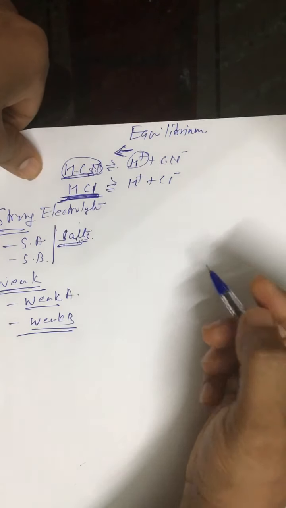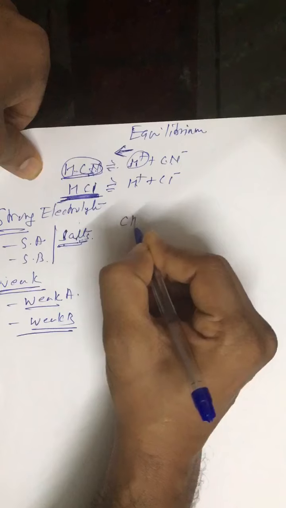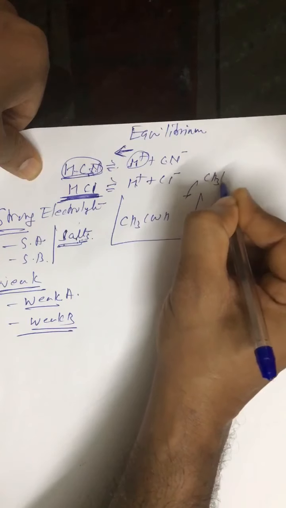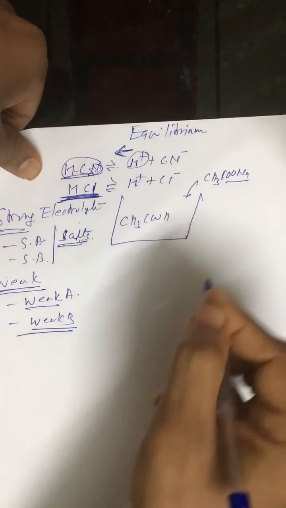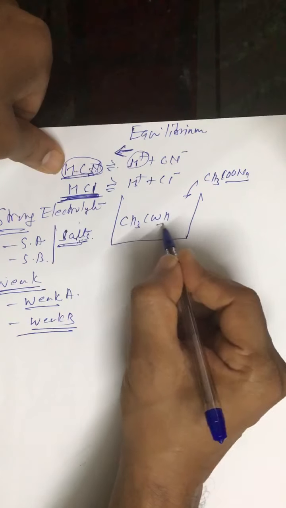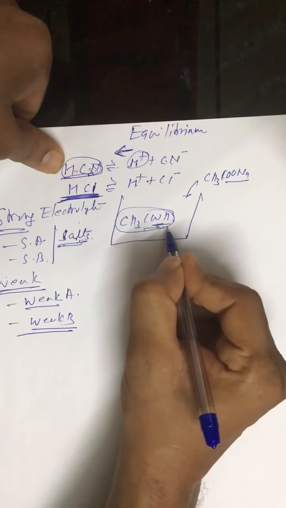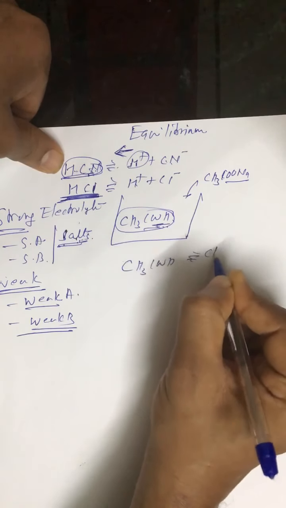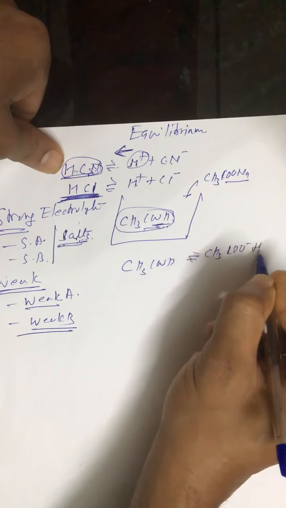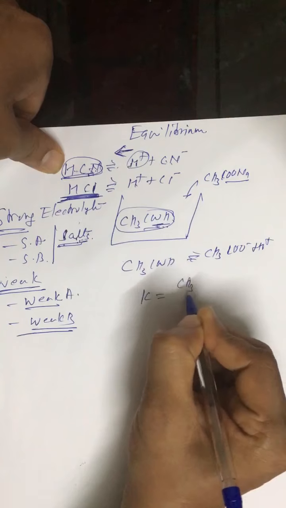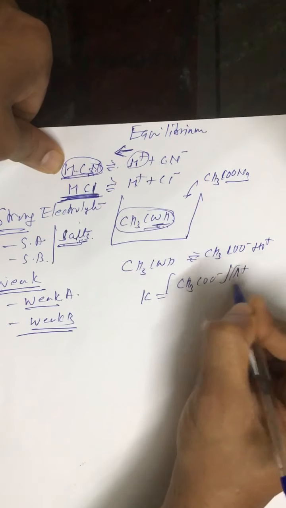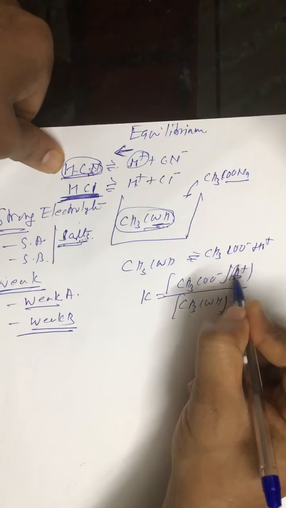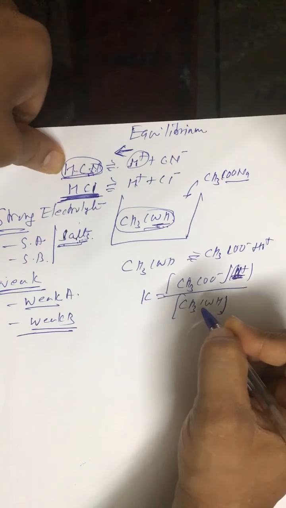What kind of questions are asked? There is a question like: we are given an acetic acid solution to which we have added sodium acetate. The question is, what will happen to the pH of the acetic acid solution? Acetic acid is dissociated in the solution like this. The K value is given by acetate ion times H+ upon undissociated acetic acid. So we have a certain value of H+ and a certain value of pH.